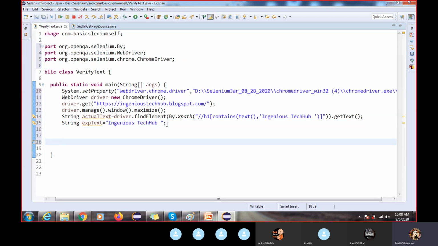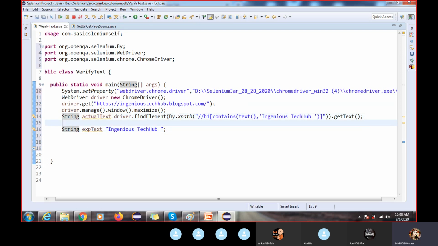Okay. Anyone having any doubt how I have written this code? This line of the code. This is new. I have used here findBy. Before, I did not use it, and found the XPath and captured the text by using the getText method. The getText method will return a string type, and this is a string. Again, I'm going to print here, so that if something went wrong, we can debug the code. We can fix the code.